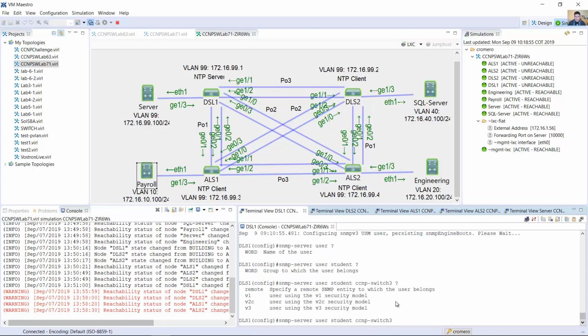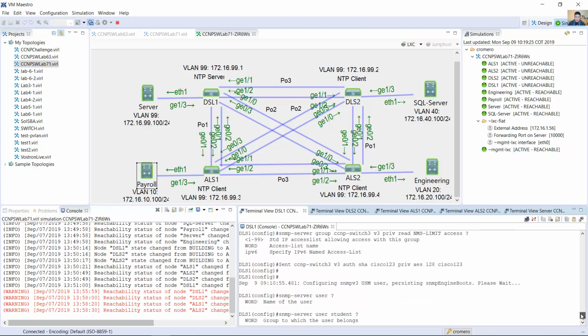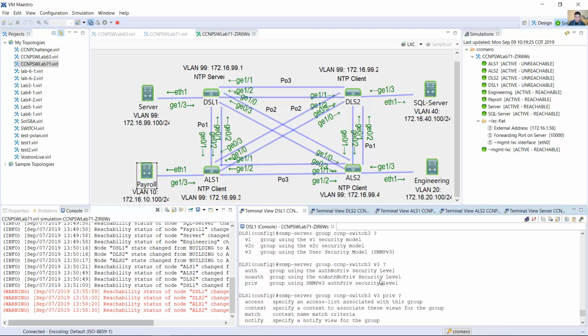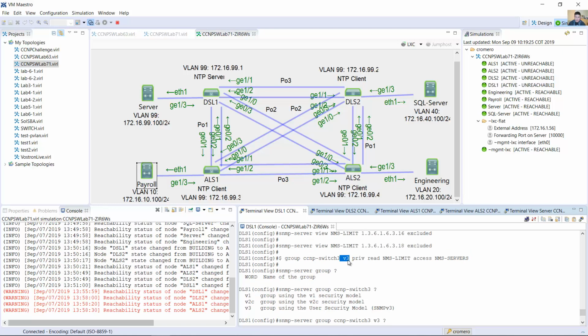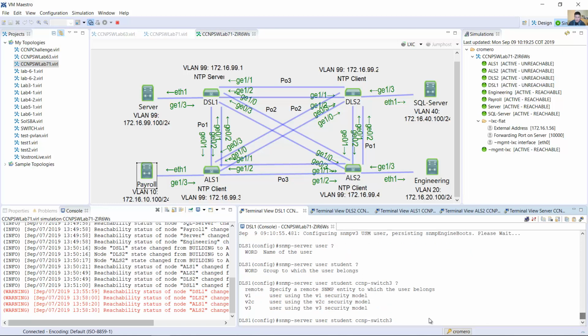Question mark, the version for this group is 3. Version 3. Question mark